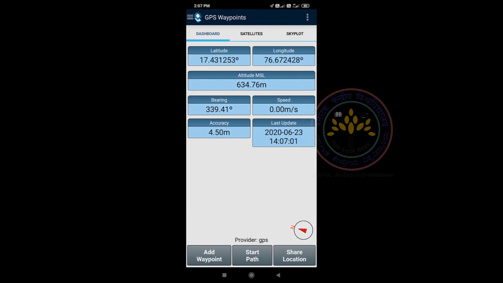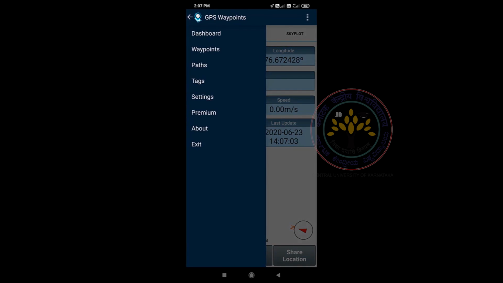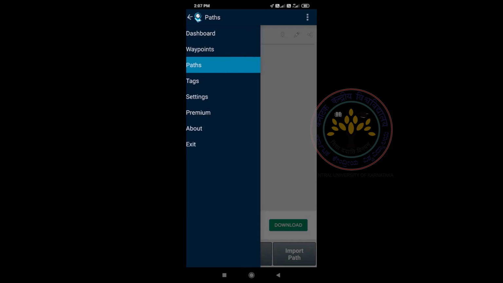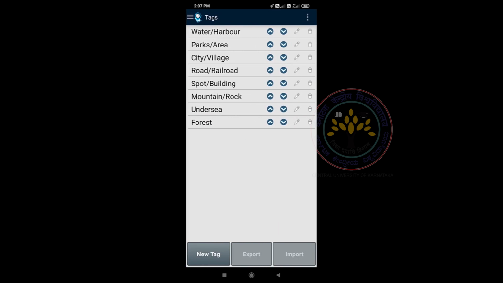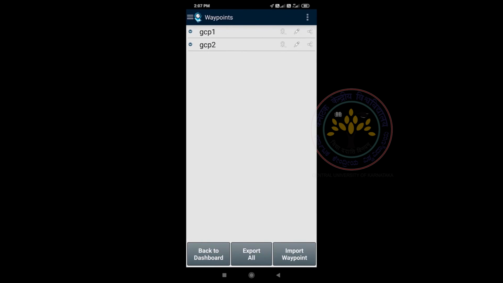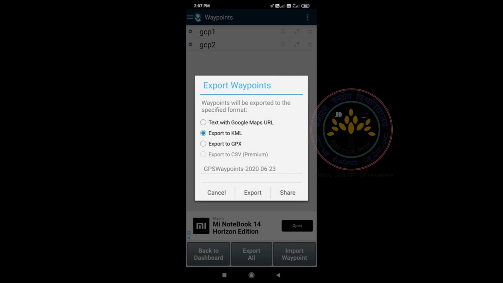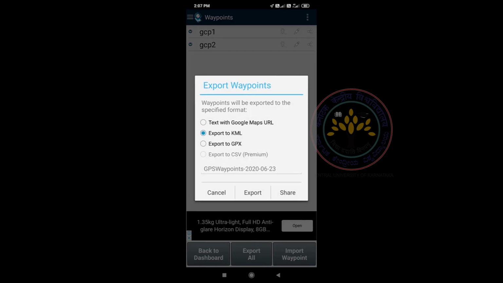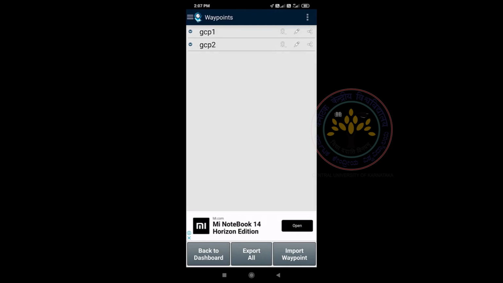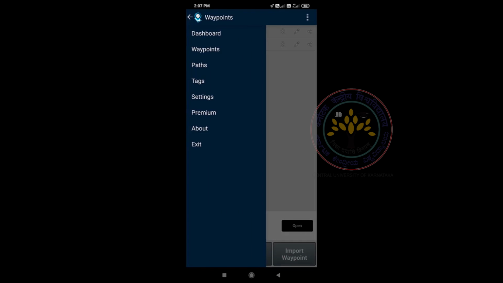To see the waypoints and paths, click on the 3 horizontal lines at the top left of the app and open the respective tab. The saved GCPs and paths can be exported by clicking on the Export All option. I am exporting it in KML format, which is the native file format of Google Earth.